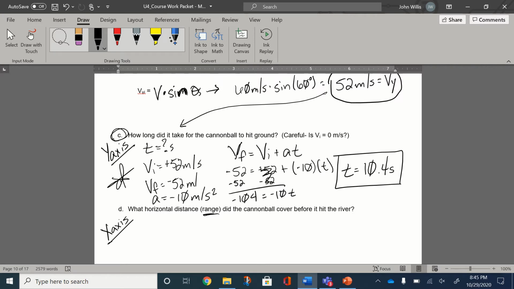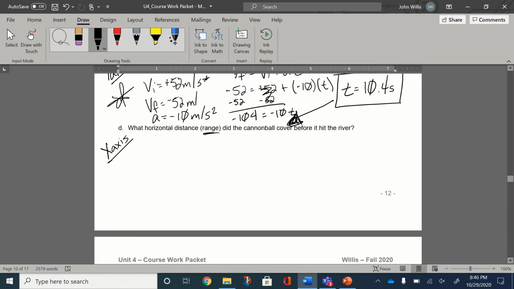That is how long gravity will let this object be in the air. Just like we did for our drop problems in our horizontally launched projectile problems that we were working on, you start with a drop equation because that's how long gravity lets it be in the air. Well, in this case, you're throwing it up into the air, and gravity is still the thing that determines how long it's in the air. Once you know how long it's in the air, you can bring it on down here to the horizontal component,